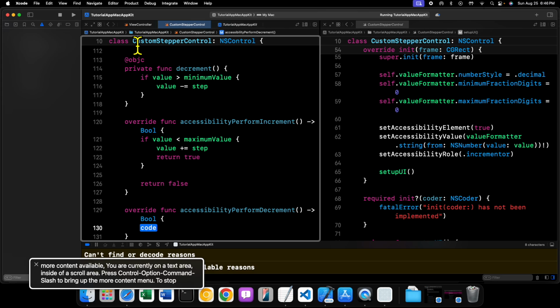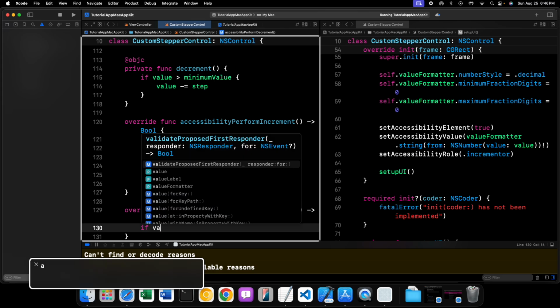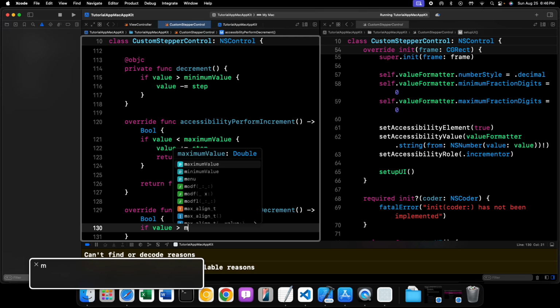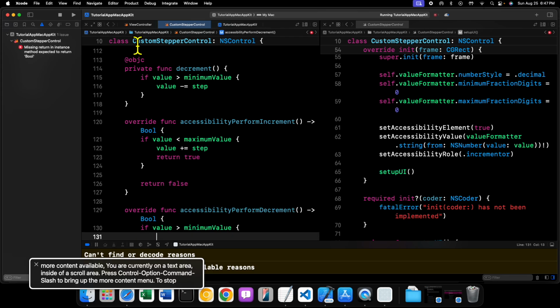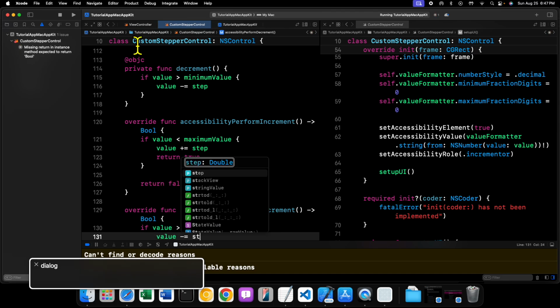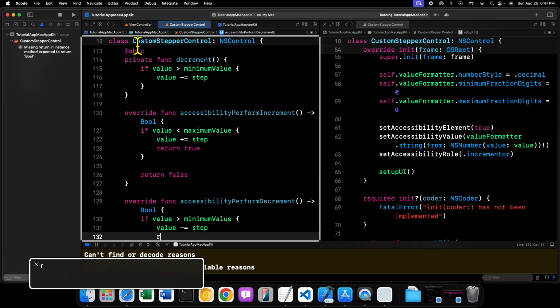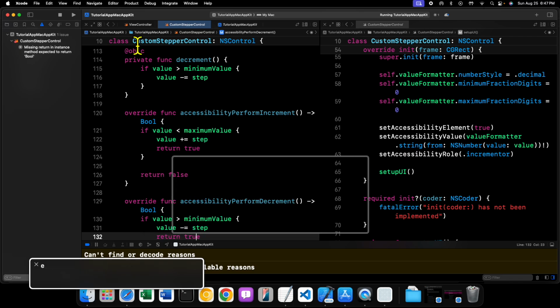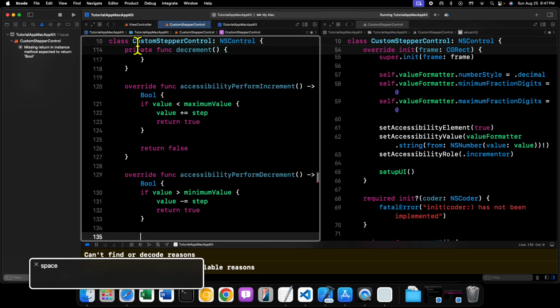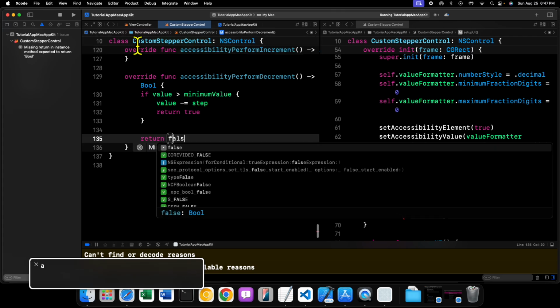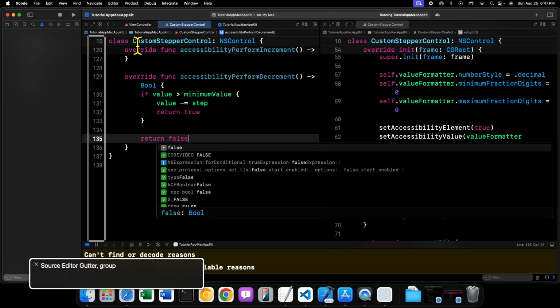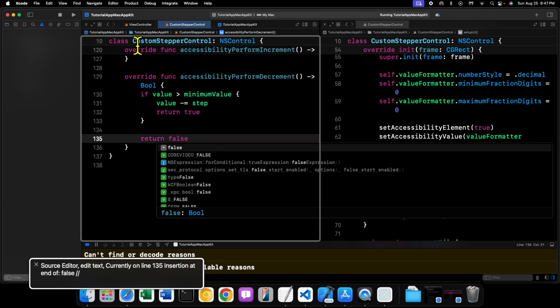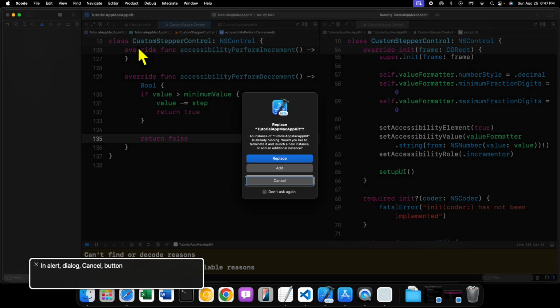Now, here we'll say if value is greater than the minimum value, we want to say value minus equals step with a return of true, like that, and then return false otherwise, just like that. And so now we have both of these methods implemented. If we run our code now,